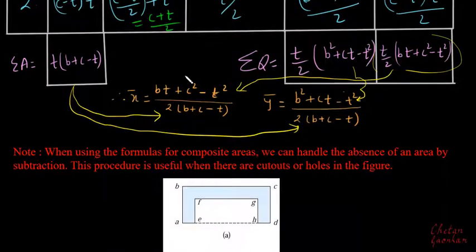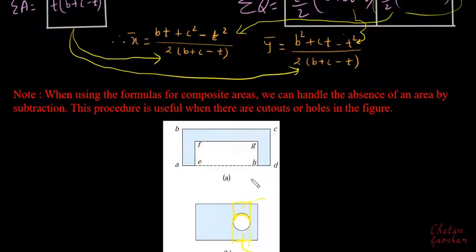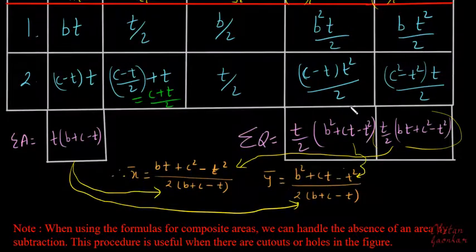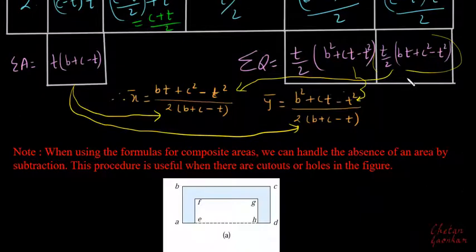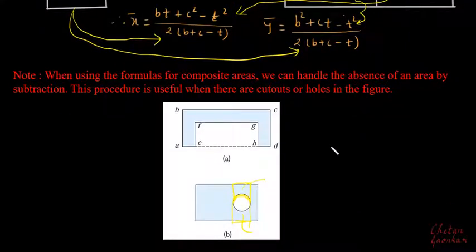But rather, we can handle the absence of the area just by directly subtracting it from this. All right. For example, in this case, the first area A1 will be, if this is say B, from here to here, and this is say A,